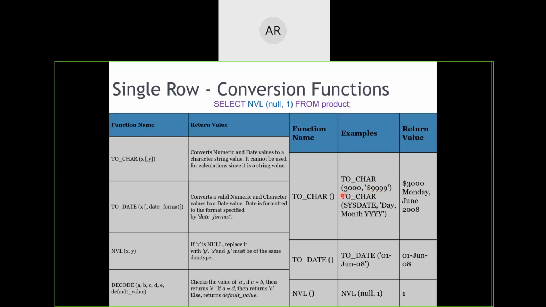And I am also telling it to convert the system date into a format of day, month and year. Usually it will say, for example, today's date 11/2/2021. Instead of 11/2, I will say I want the day, Thursday, month, February and year 2021. So if you want to convert one format into another, you will basically use the conversion functions. So you have got to_char, to_date, NVL and decode. Their examples have been kept over here, which you can easily go through.